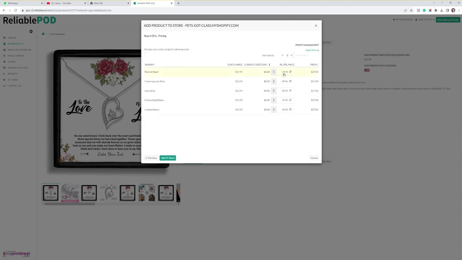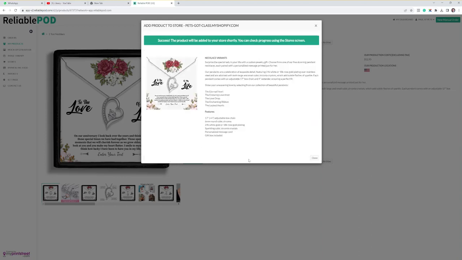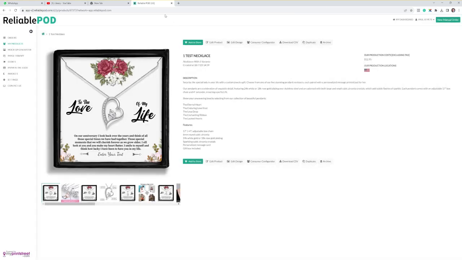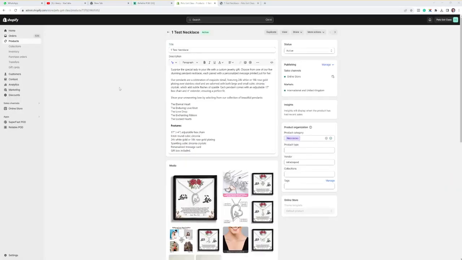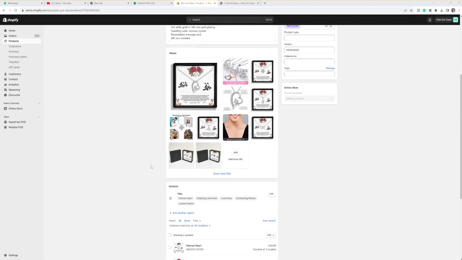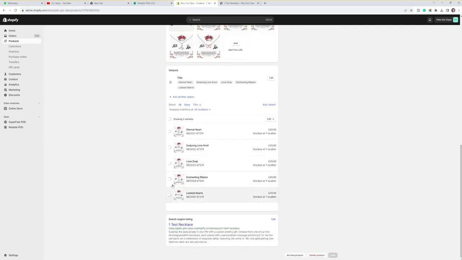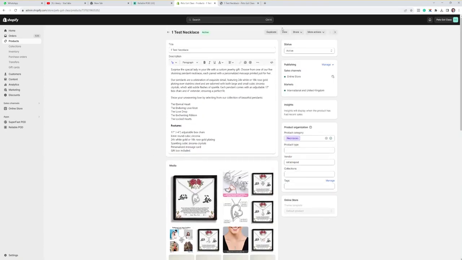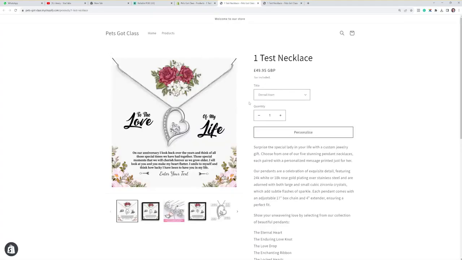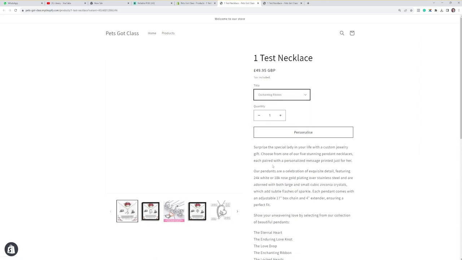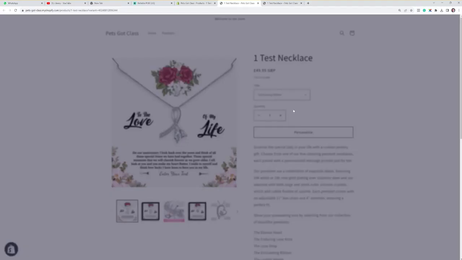You can change the pricing here up or down individually. You can do it by percentage or whatever is needed. Click add to store and we'll close. We'll go across to our Shopify store and I'll show you what that looks like. As you come into your Shopify store, you can see it's created all the mock-ups that you need. It's added the variant images, and when people click view, they can select which one they like, and if they click on personalize,